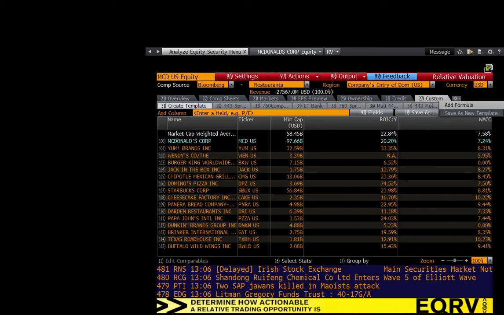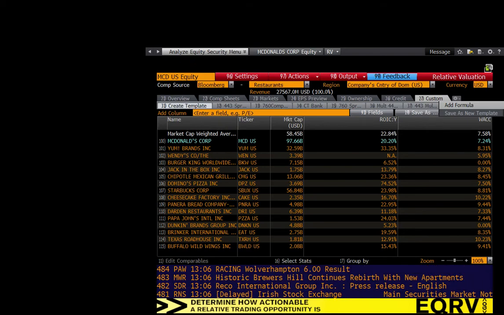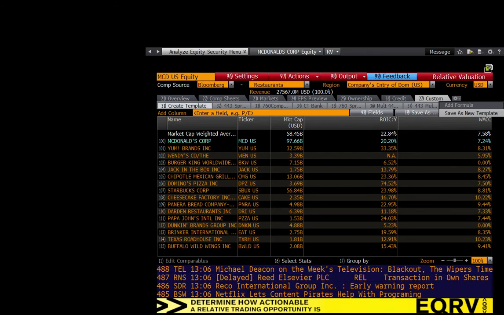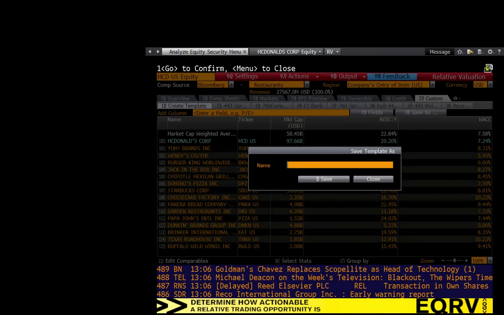However, you can create your own. You can add a formula, and it'll save it as part of your account, ROIC minus WACC, if you wanted to. Now, I'm asking you to do it, but just letting you know about a feature of Bloomberg. But here's the more important one: save as new template. If I save what I just created as a template, I'll call this my 443